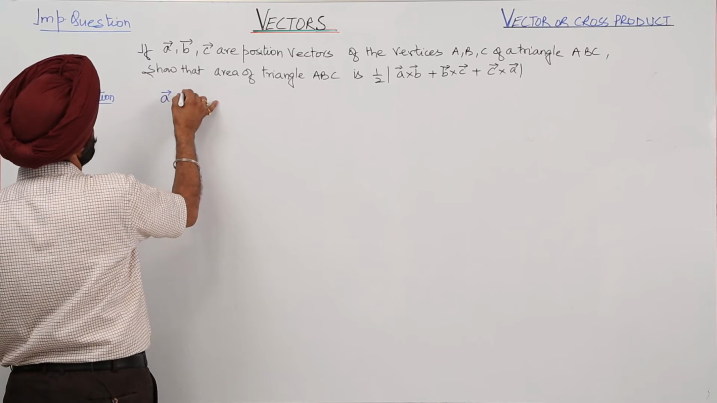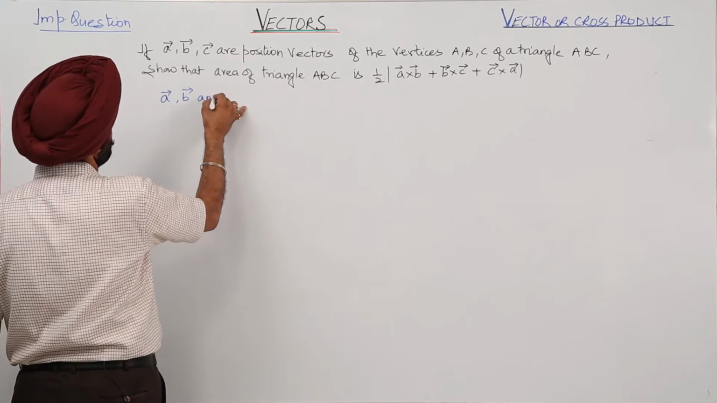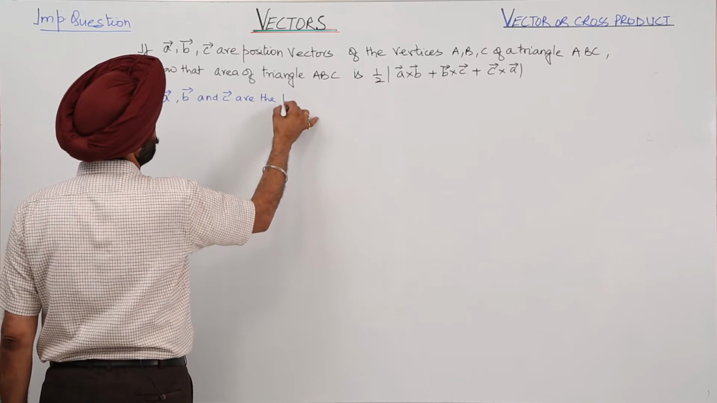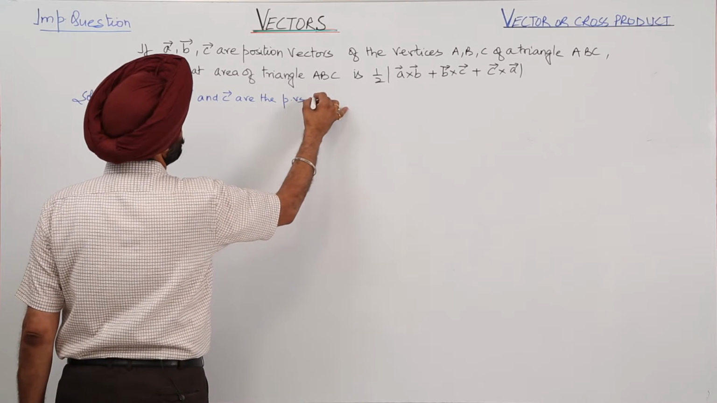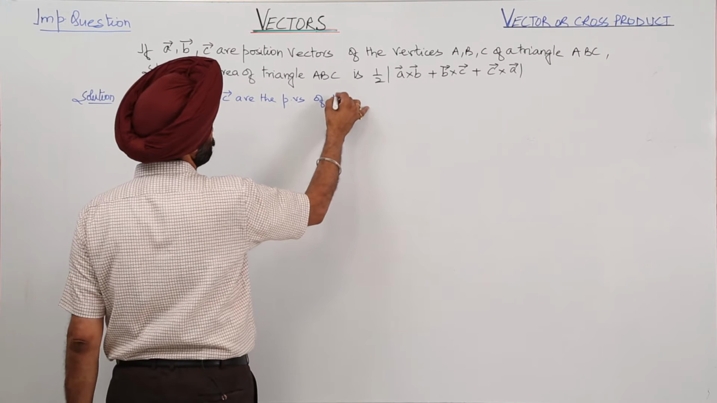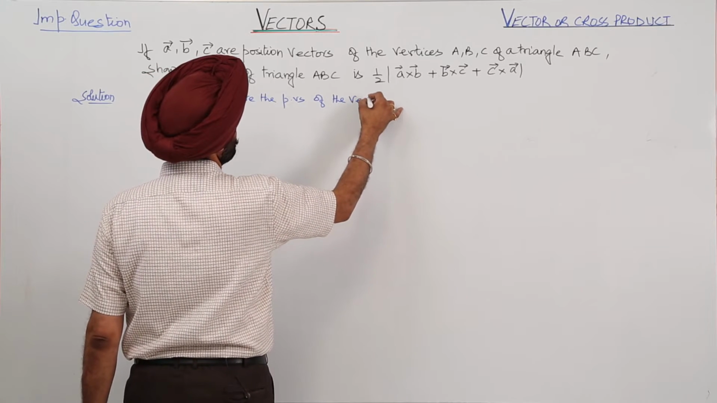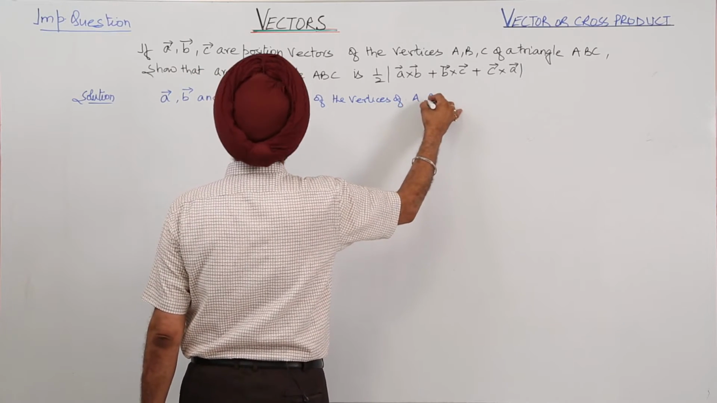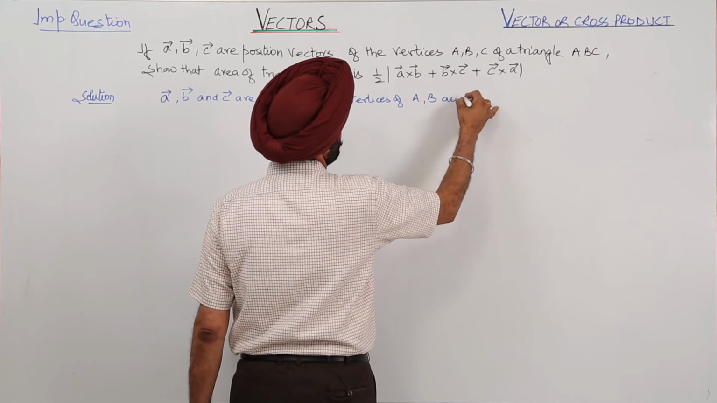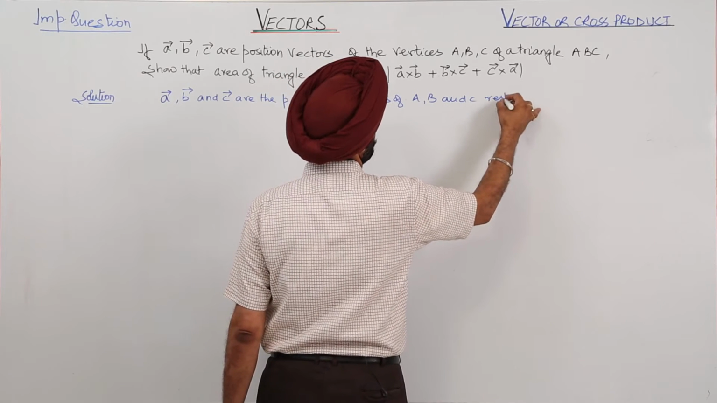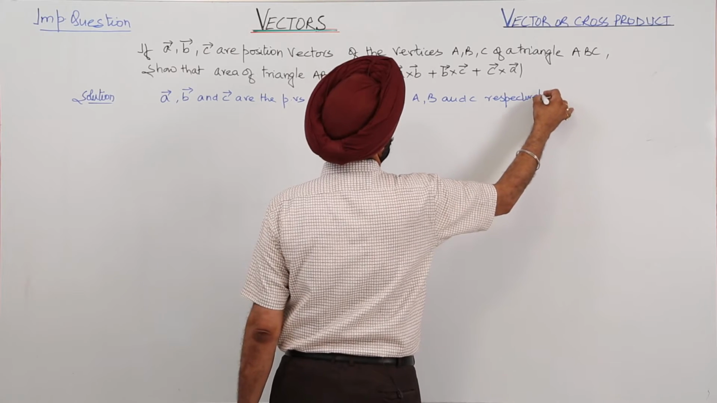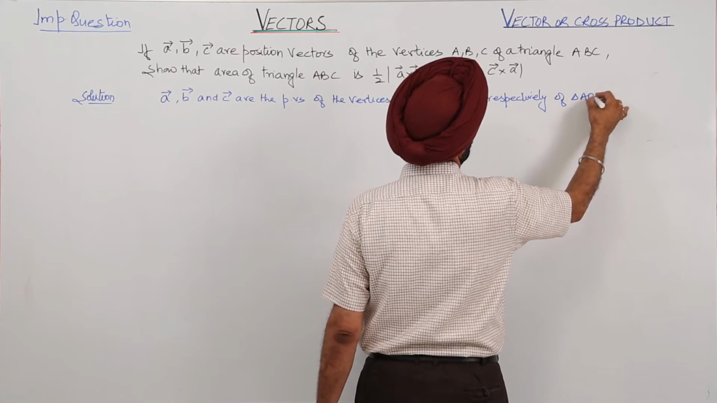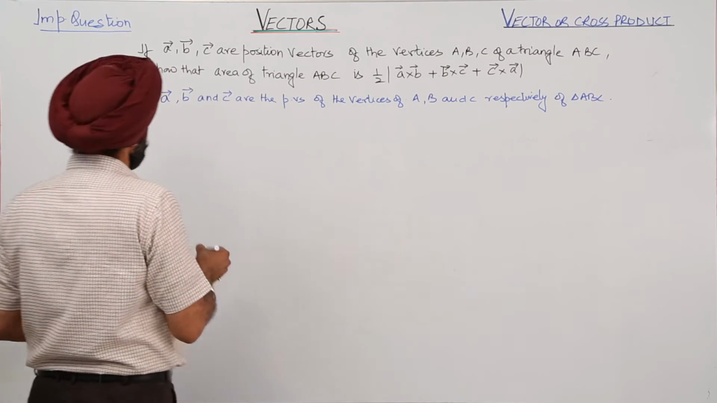Vector A, vector B and vector C are the position vectors of the vertices A, B and C respectively of triangle ABC. Now,